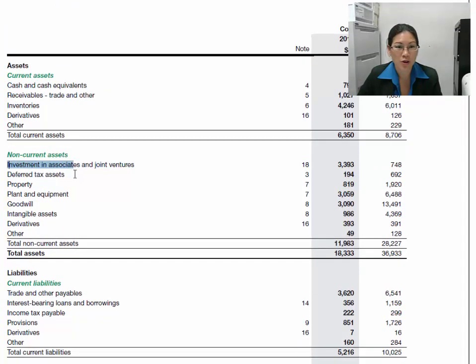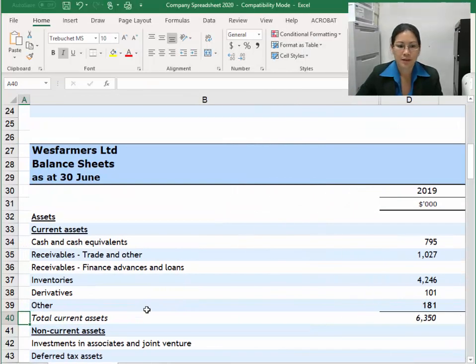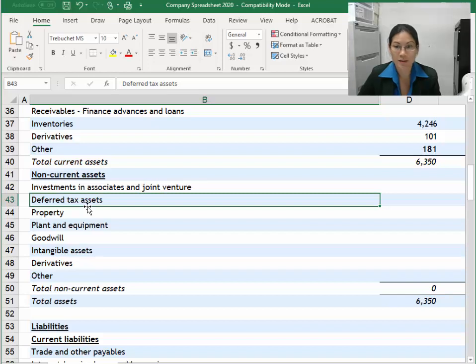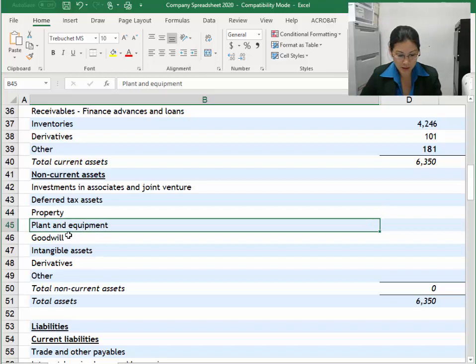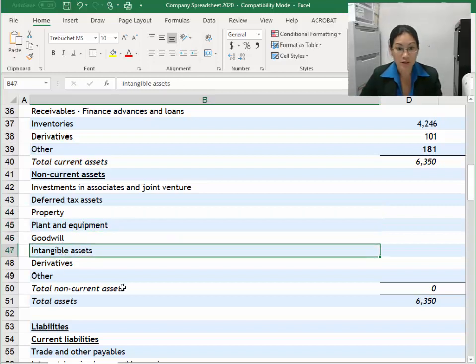Now let's check what I need to enter in for my non-current assets. So we've got investments in associates and joint ventures. I've got deferred tax assets. This is why it's really good to print it out, because I'm actually comparing what I've already got in my spreadsheet and what I've got to enter in from 2018 and 2019. I've got property, plant and equipment, I have goodwill in both, I have intangible assets, derivatives, and exactly the same thing for these years. So that's great. That makes life nice